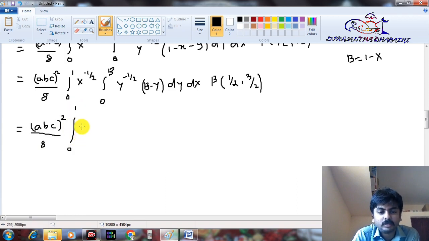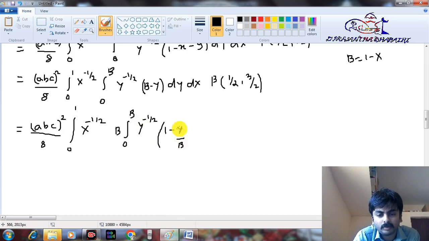So I am just keeping x power minus 1 by 2. If I take that b outside, I get integral 0 to b y power minus 1 by 2, then 1 minus y divided by b whole power 1 into dy